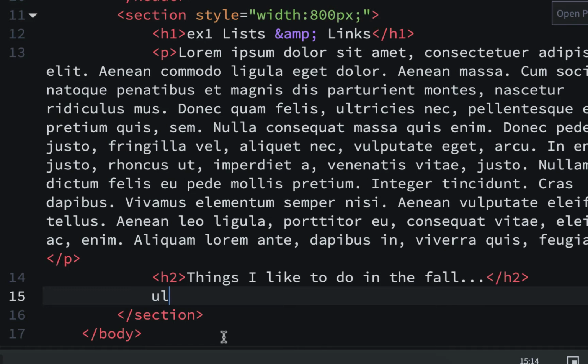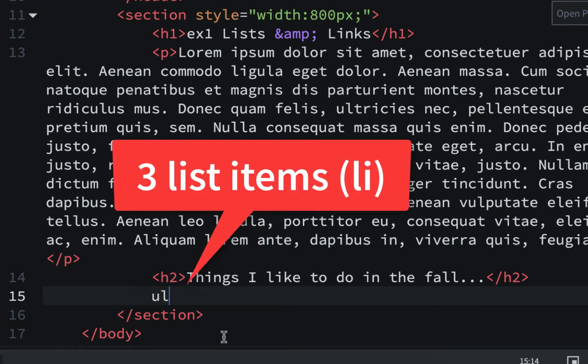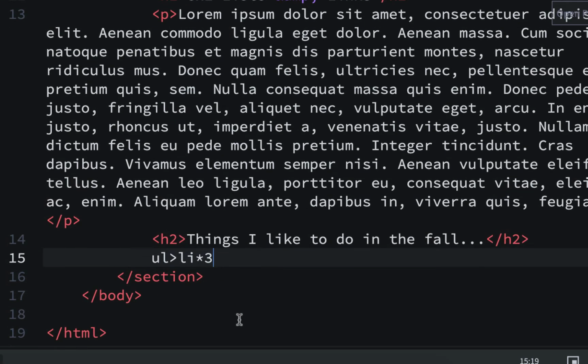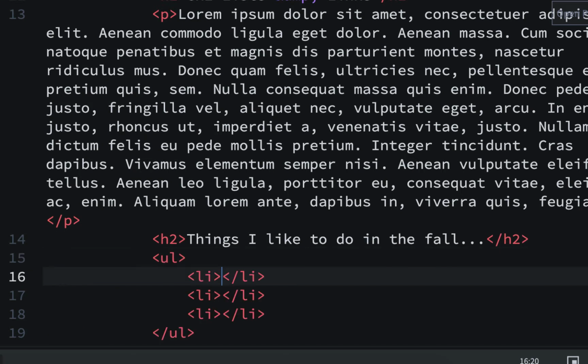One way to use a shortcut to make things faster is to use a greater than sign and then put LI, not L1, make sure it's LI, and then an asterisk 3, which means multiply by 3. That means it's going to make an unordered list with 3 list items. Now you could do these separately. You could put the UL first, and I'll even show you how to do both ways. But if you do it like this and then hit tab, it'll make an unordered list